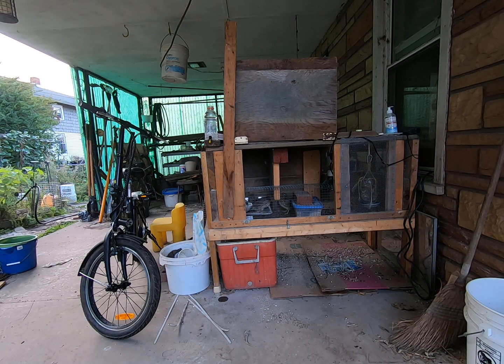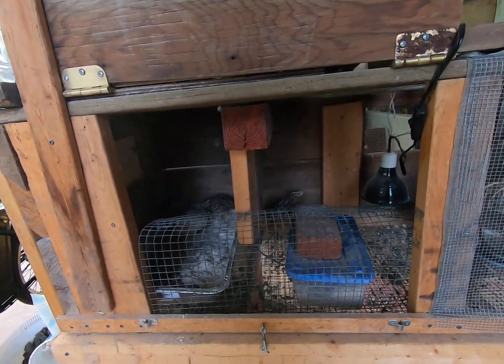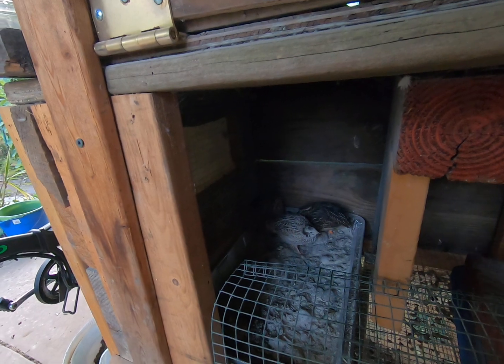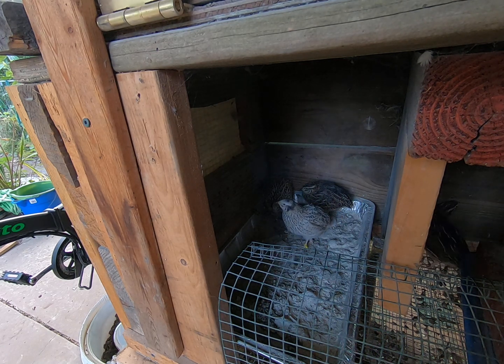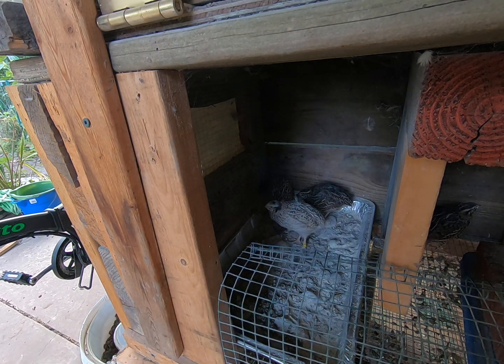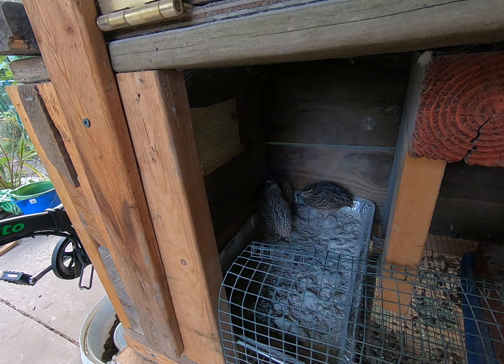Now there's a high likelihood that Henny Penny, who is the dysfunctional one, crooked up in the corner like that. See her with her butt up in the corner? She will just hide there. She will never move. Whereas Bunny Bird's very sweet, but it's highly likely that this, which has been extremely convenient to just have bent like that, will not contain Henny Penny. The way that it contained her was having it bent the whole way up, which was difficult